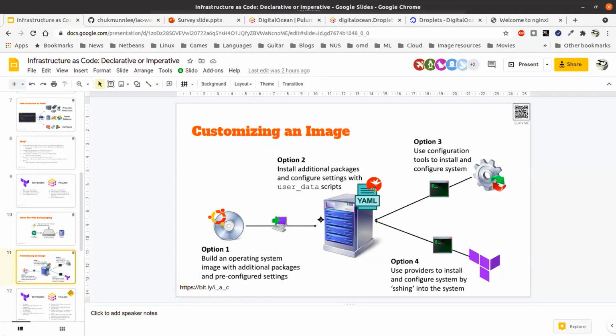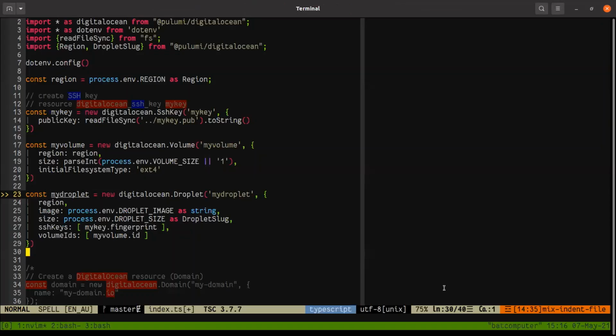Okay, so previously in Terraform, what I did was I used the provisioner. Okay, since Pulumi doesn't have this idea of a provisioner, if I want to use one, what I really need to do is install the SSH package from Node and then SSH in. Okay, so that makes it actually very, very difficult.